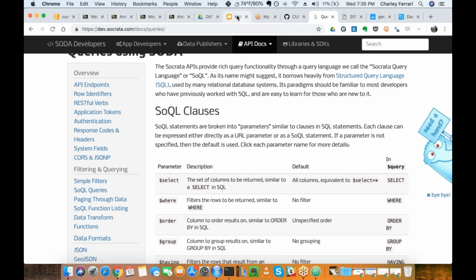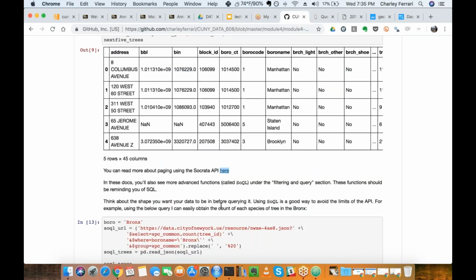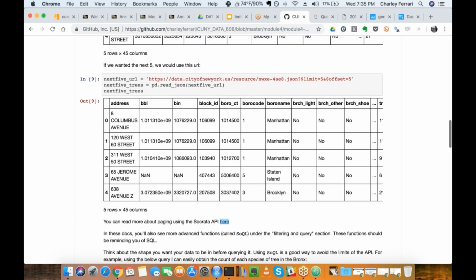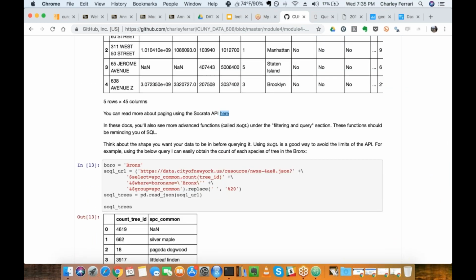I included some examples in the code over here. Basically, these should be reminding you of SQL. It's not exactly the same. You're building a URL, but you could see what's happening here. I'm dividing up the URL so that's a bit more apparent. I like doing that when I'm building apps like this.